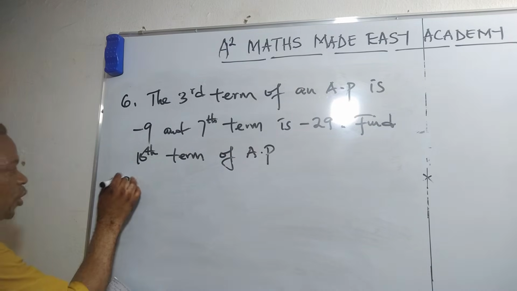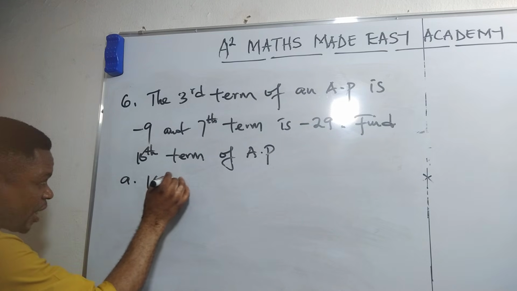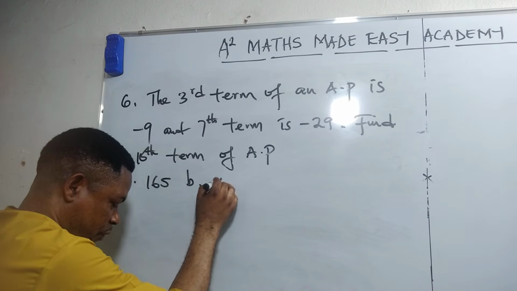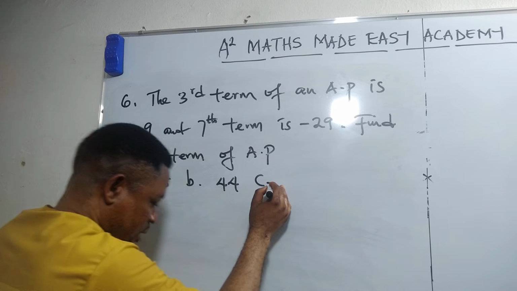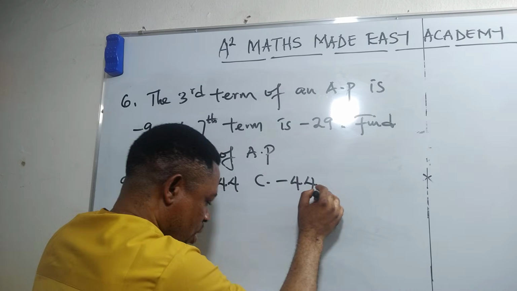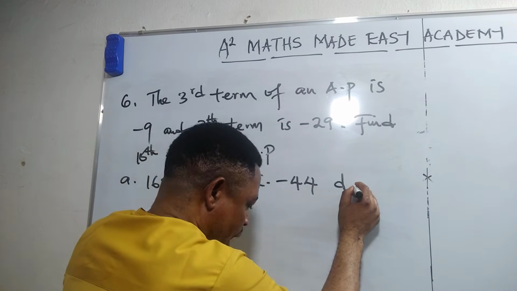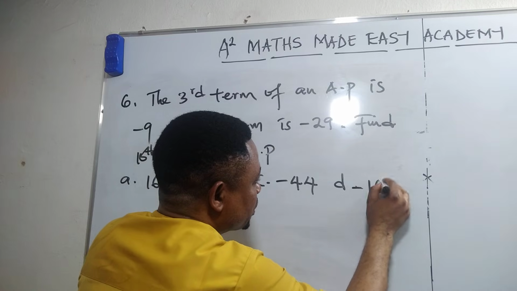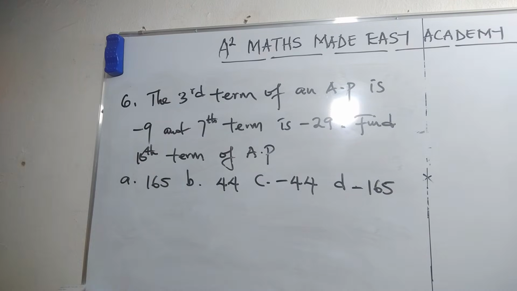Now look up. The options say option A 165. Option B we have 44. Option C we have minus 44. Then option D we have minus 165. Are you with me? Now I want you to observe this as well. Now watch this. This time around we are looking for another term. Yeah, let's follow it